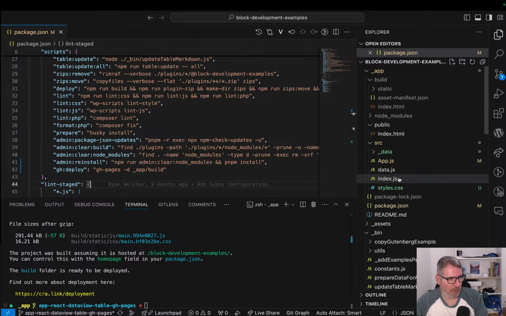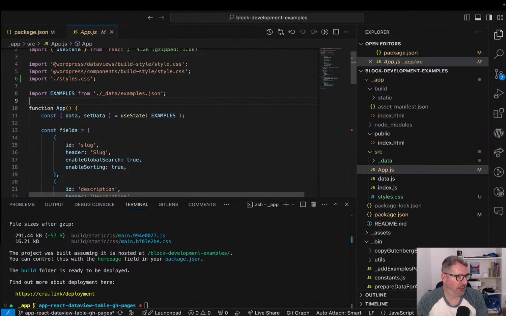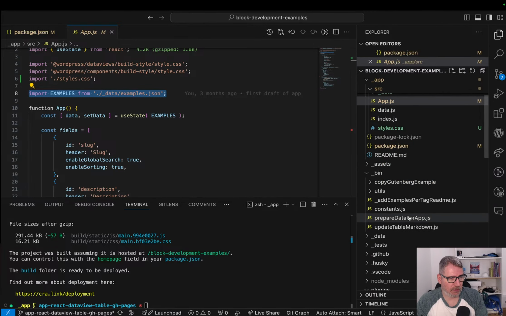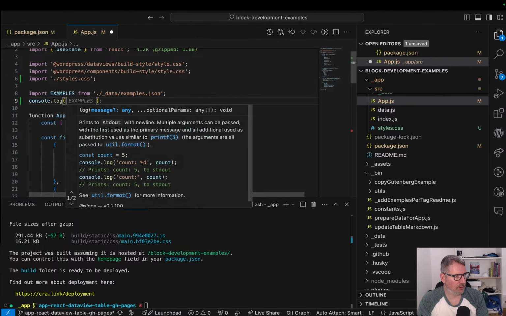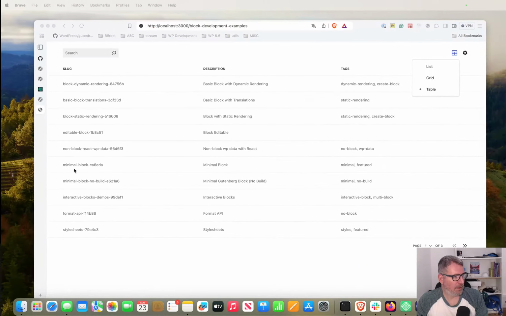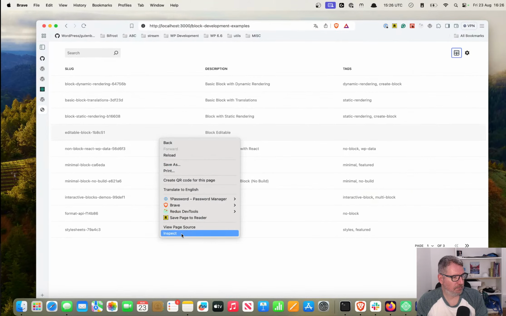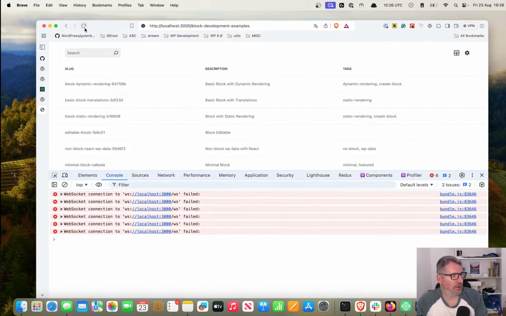So coming back to the app.js, then we import the data, which is the same data we saw earlier. This is the list of examples. In fact, we can console log this. And if we go here and we inspect console and reload the page,